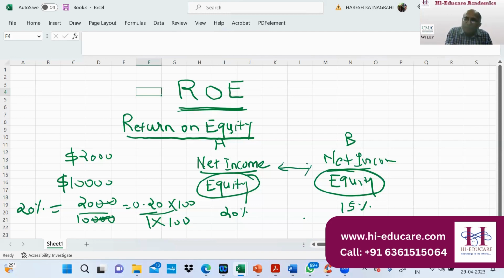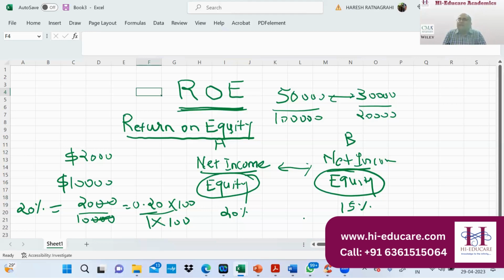This platform is comparable. But I cannot say, for example, that net income is $50,000 and equity is $100,000 for one company, and for another company net income is, say, $30,000 and equity is, say, $20,000, and then interpret which one is better. Just looking at 50,000, you'd say the absolute number 50,000 is much greater than 30,000. You can't say that. But when I divide by equity, I try to interpret that for every